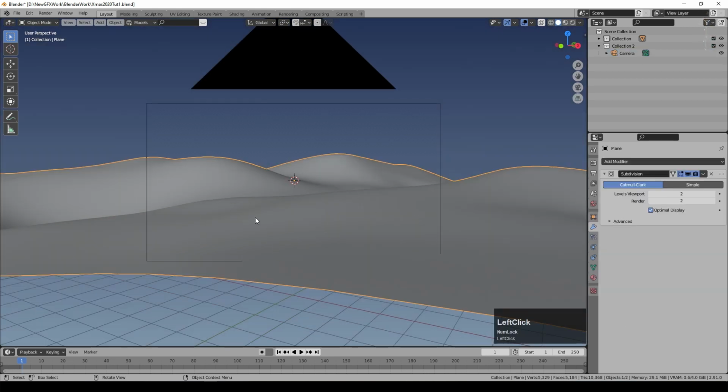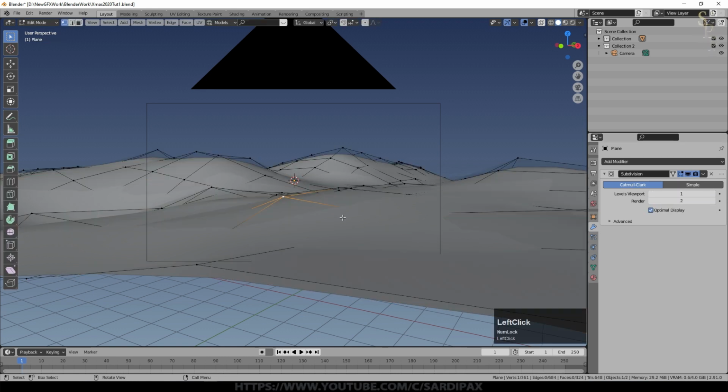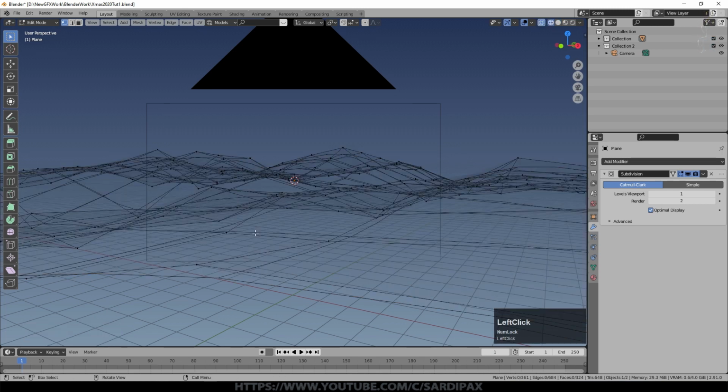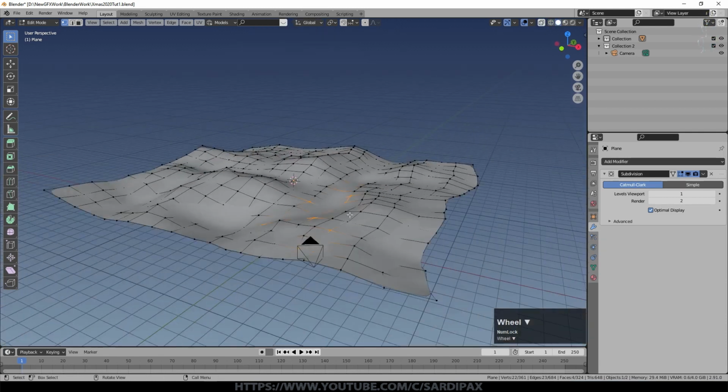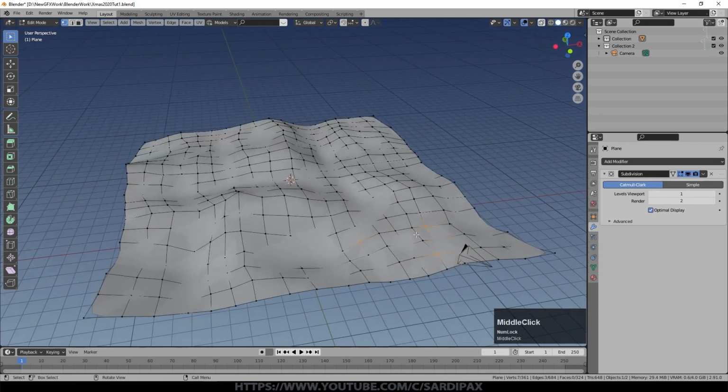Now, because of the method I'm going to use, we're going to need more subdivisions in the landscape somewhere around here. I'm going to turn the display subdivisions down one because we're going to add quite a few vertices now. This isn't the only way to do it, of course, but this was one of the easiest ways. So we'll go to wireframe and we'll just select a bit of landscape just here. Come out of wireframe now, I think, and just have a look. So we don't need that back there actually. It's really just this slope in front of the camera that we want to work on right now.